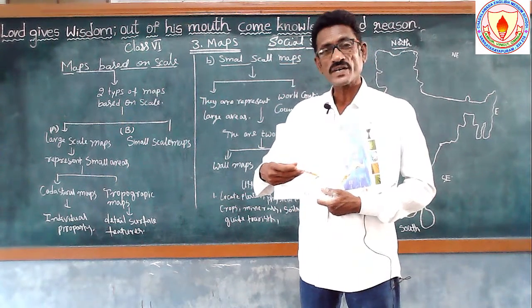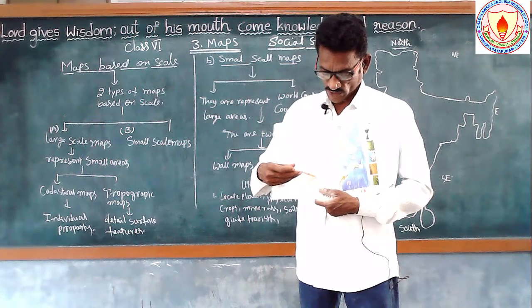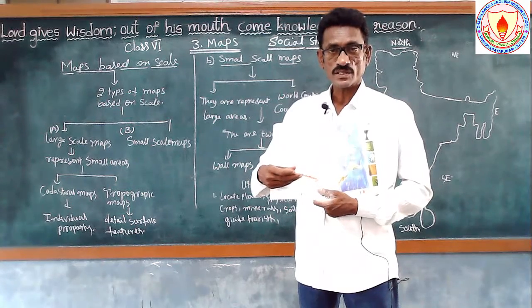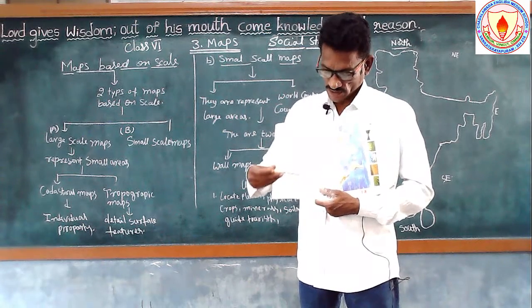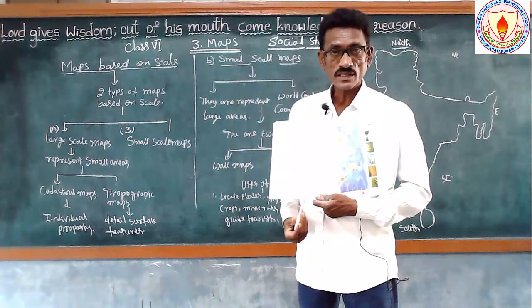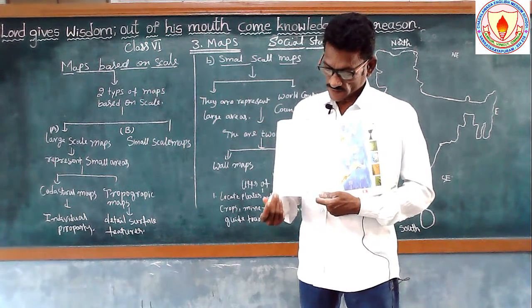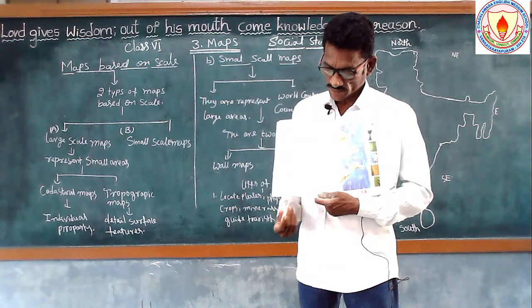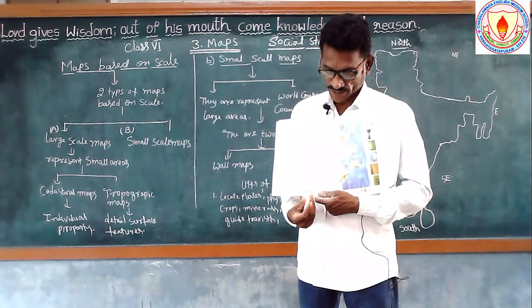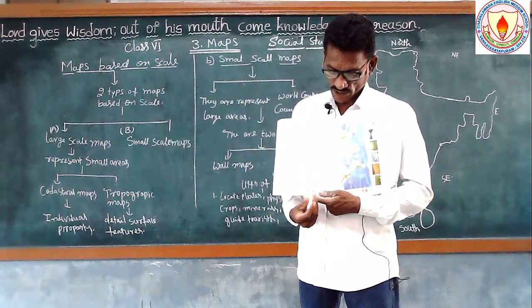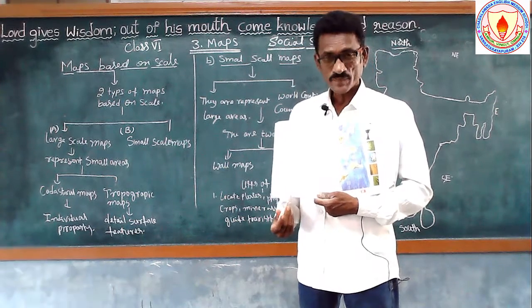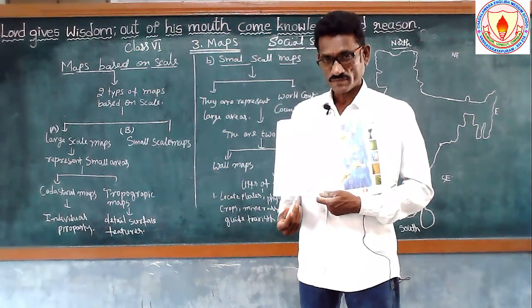What is the south boundary of India? The south boundary of India is the Indian Ocean, the third biggest ocean. Then the smallest ocean, the Southern Ocean. See here, the southern part of the Pacific Ocean, the southern part of the Atlantic Ocean, and the southern part of the here, which ocean is located? Indian Ocean. So these southern parts together are called the Antarctica Ocean.